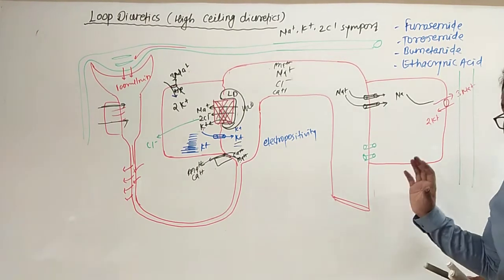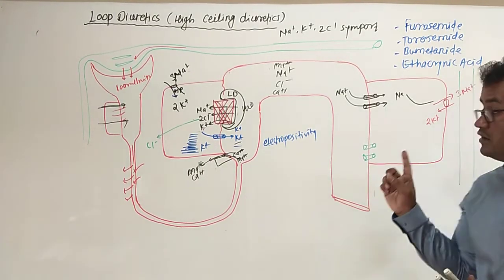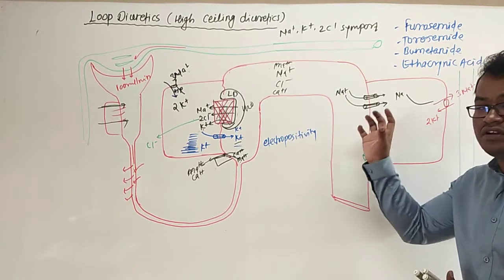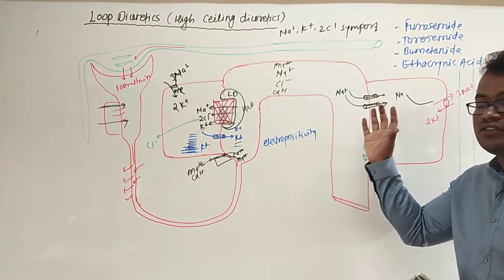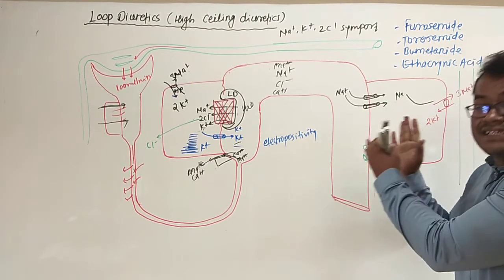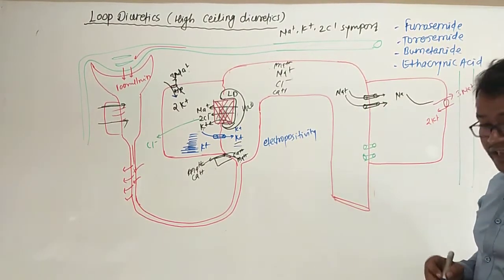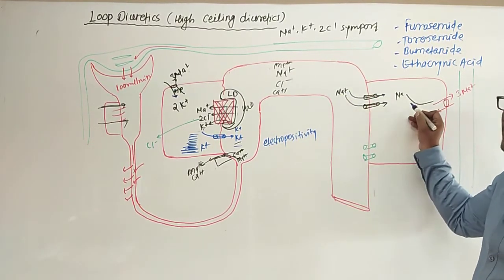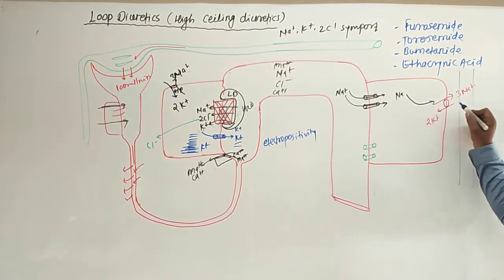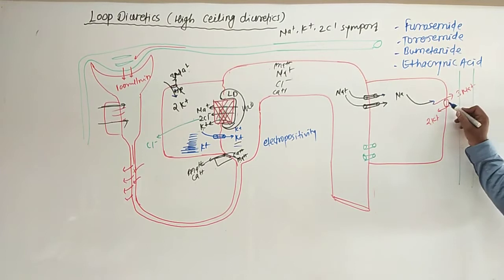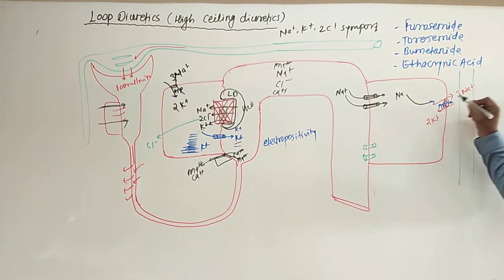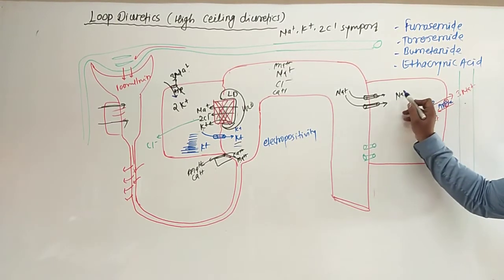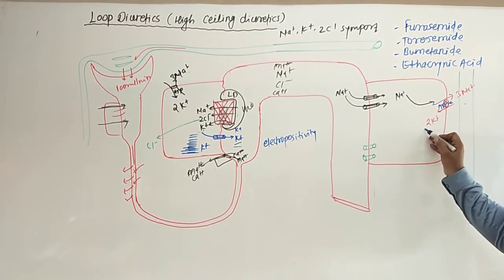Got it? So concentrate here. These are very important points. If you understand these points, you will know how maximum drugs act, such as spironolactone or other drugs. So these are the potassium channels. Maximum sodium is taken from the luminal side into the cell, and from the cell this sodium is transported into the blood. This is activated by the sodium potassium ATPase pump. 3 sodium are taken from cells to the blood and 2 potassium are taken from blood to the cells. So maximum sodium reabsorption leads to excess potassium in the cell.